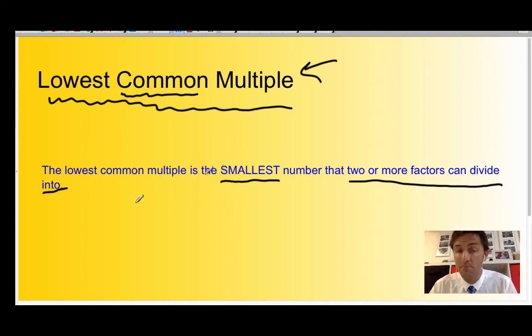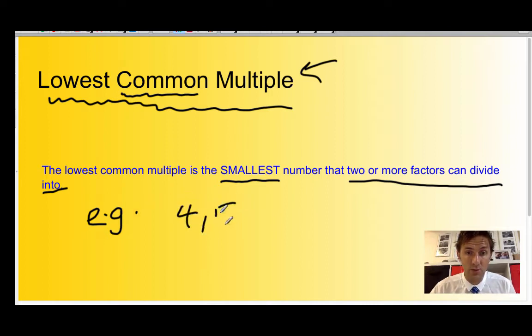The same number. For example, here we go. Let's just start off nice and simple. 4 and 5, all right? So there's our two factors. The smallest number they can both divide into is